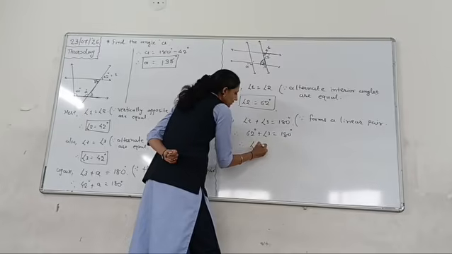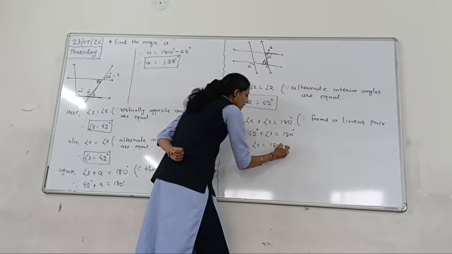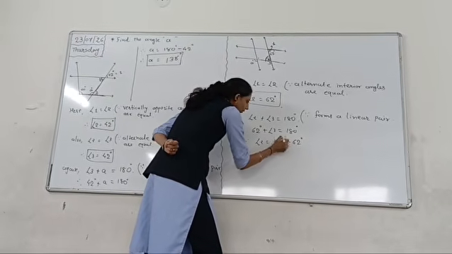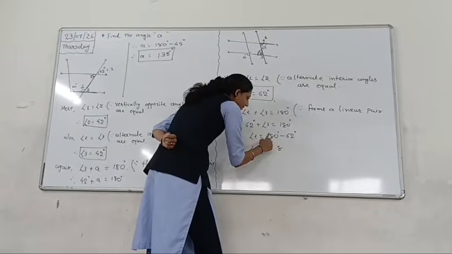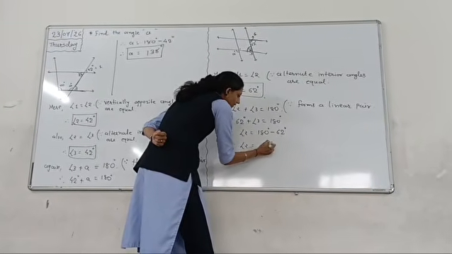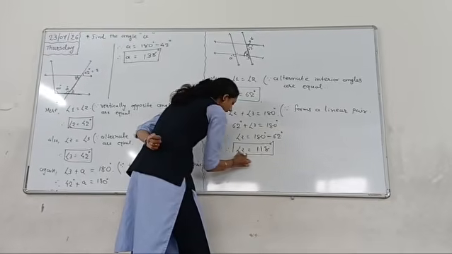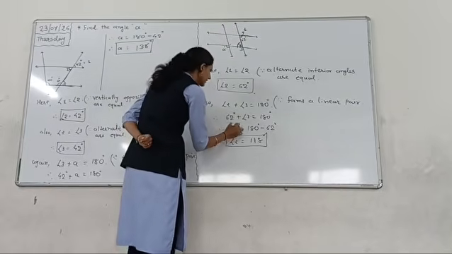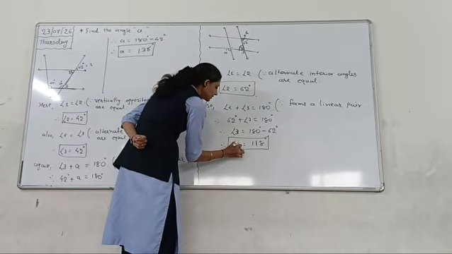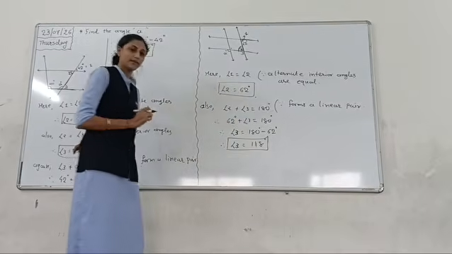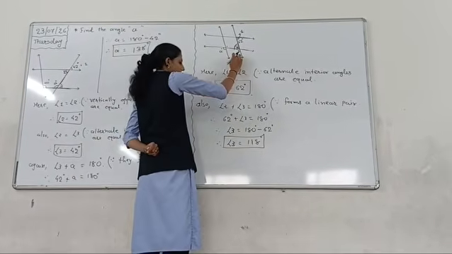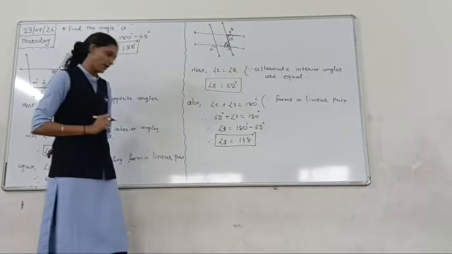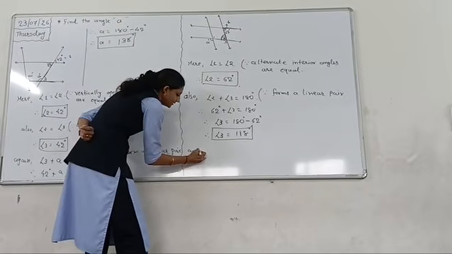So we have angle 3 equal to 180, and what we have to do is subtract. Therefore angle 3 equals 180 minus 62, that is 118. Angle 2 we have already found. Okay, now this angle 3 we got is 118 degrees. Now A and 3 form corresponding angles. Now what will we write? Again